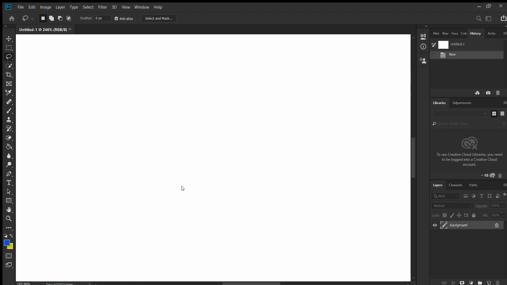Frame tool select, just drag and drop into the extra toolbox, then done. When you click onto done, here you can see the option comes. Here it is. Frame tool comes.